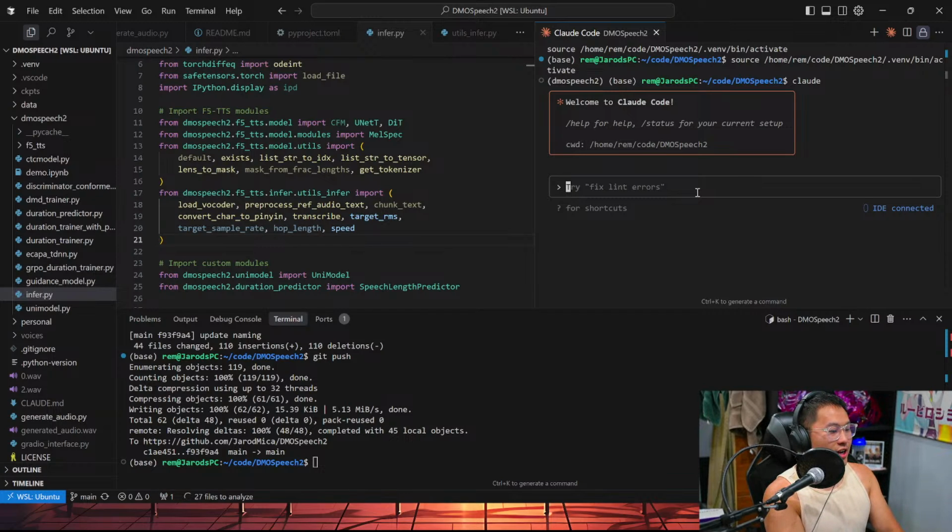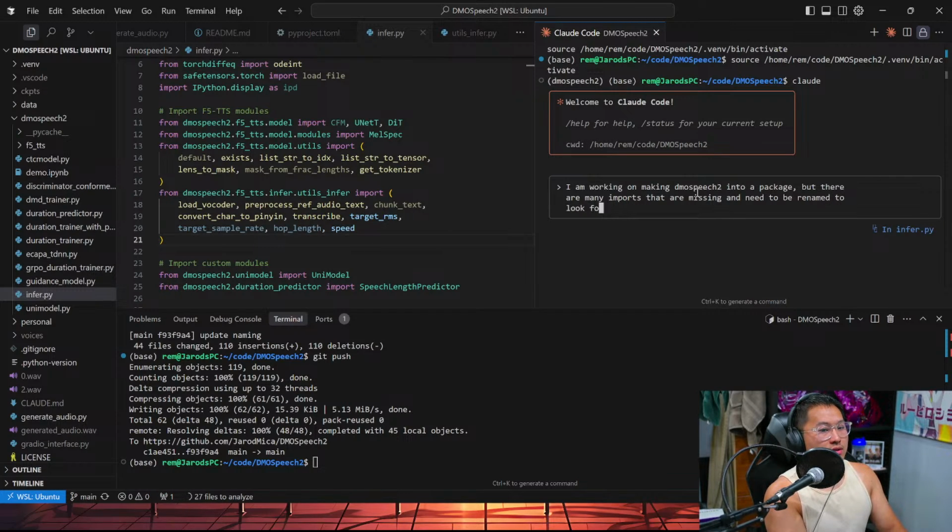Maybe I could just ask Claude Code to do this all for me. Let's try that. Hey, Claude Code. Maybe I shouldn't. I am working on making DMO Speech 2 into a package, but there are many imports that are missing and need to be renamed to look for DMO Speech 2.